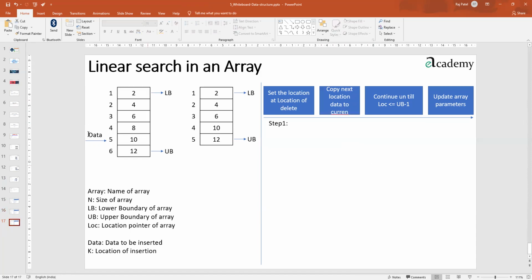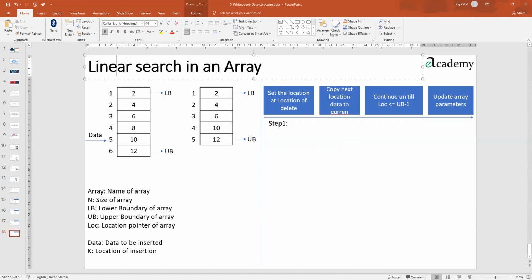So linear search is one of your board theory questions. You also have the bubble sort algorithm, which you have to prepare.